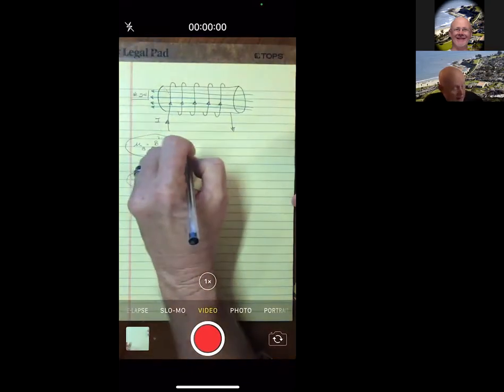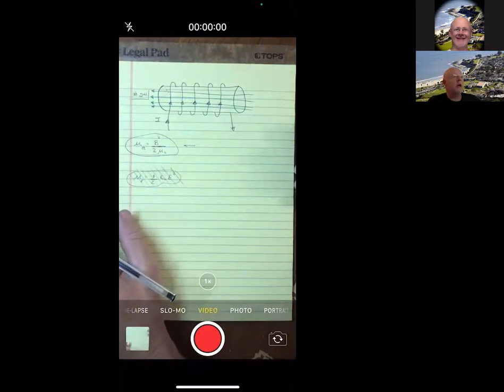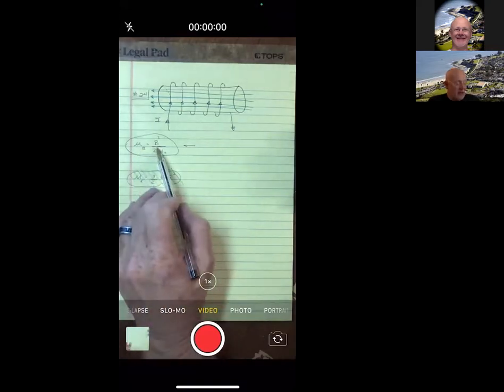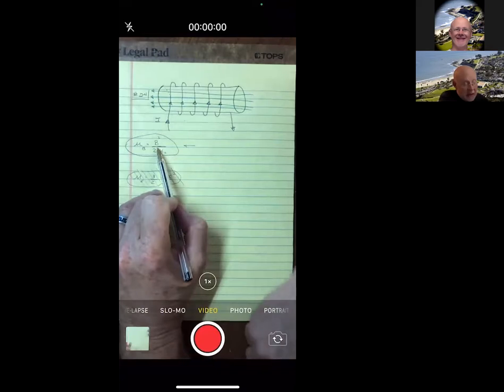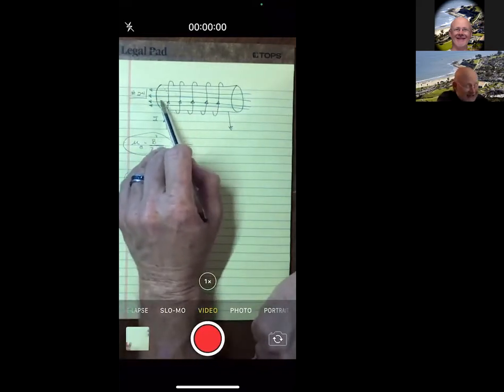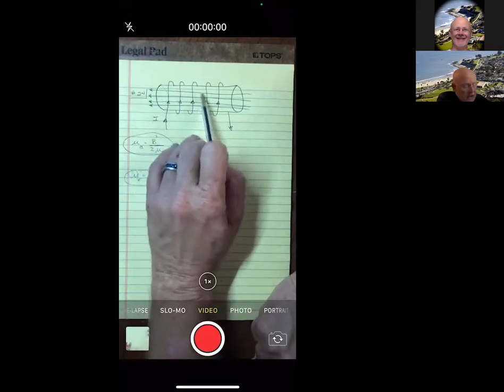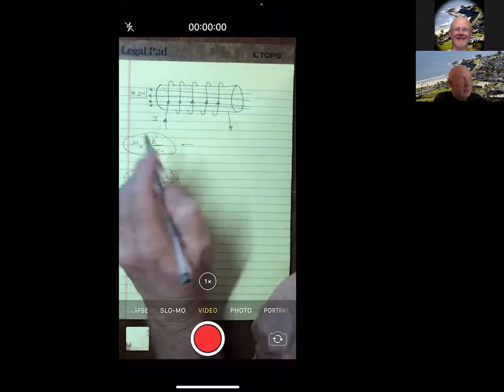All right, well, let me then just do a raw plug and chug here, because they say the magnetic energy density, and that has just to do with the field. And just to remind myself and to remind you from chapter 30, the field in a solenoid is the same all the way through. So no matter where you pick inside of the solenoid, you're going to get a field strength of